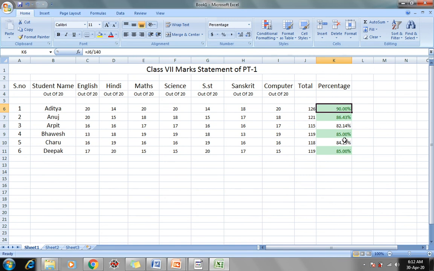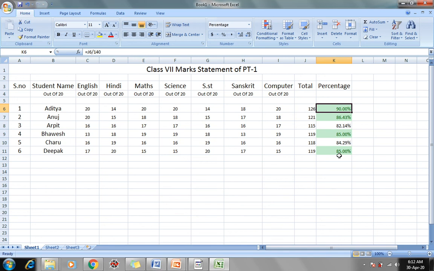In this sheet there are 4 values highlighted because 2 values are equal, so it gives us 4 top values from 6 values. In this way we apply conditional formatting to find the top 10, top 3, top 4, top 5, any number of items from a fixed quantity of items. So it is our minor project to make a marks statement sheet.